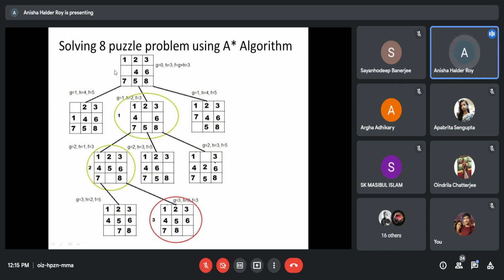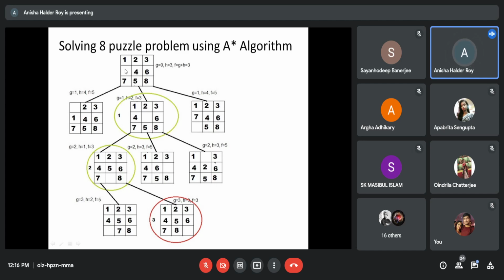look at the starting state, look at the goal state. Fine. 8 puzzle problem is you can move the blank tile in upward, downward, left and right movement. And like this, by shifting this blank tile, you have to reach at the goal state. This is the 8-puzzle problem. By shifting the blank tile, you have to reach at the goal state.